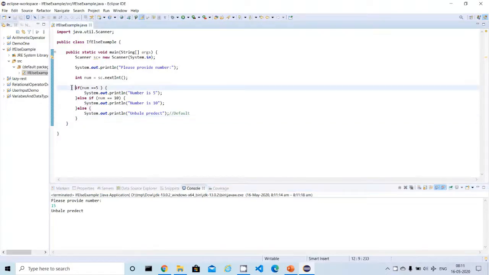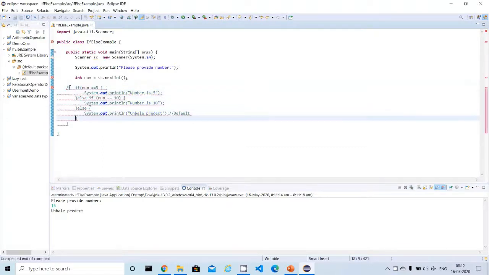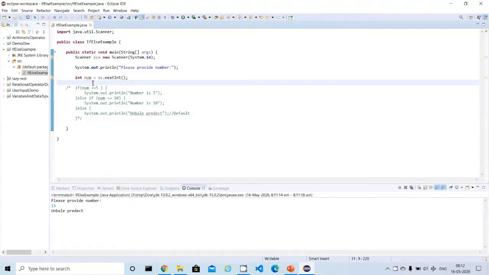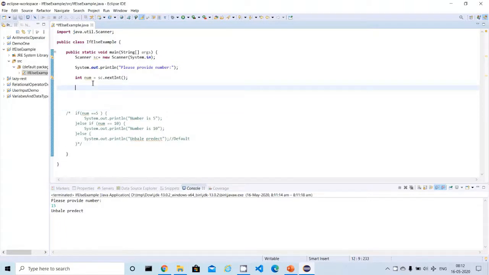So this example is fine, so I'm going to comment out all the lines of this example. Yes, so I just commented all these lines. We have already run this example and seen the output, right? So we don't need this one. Okay, so now let me put it down. Now I'm going to write another example to understand more about logical operators. So let me write here